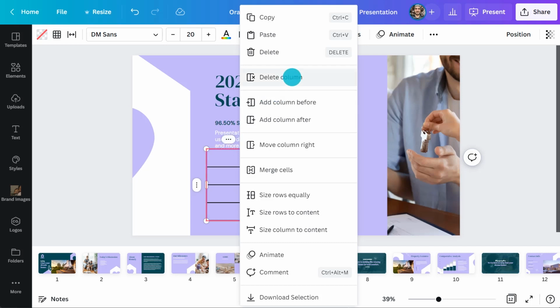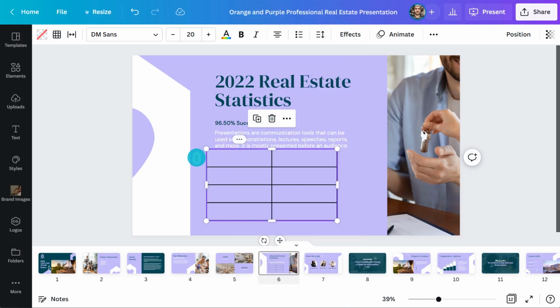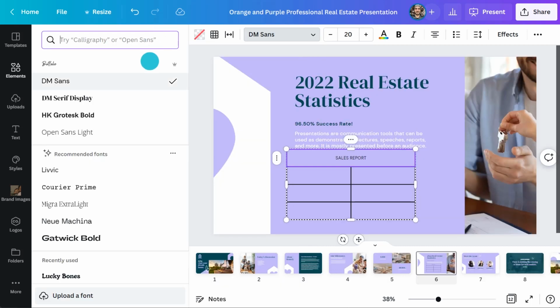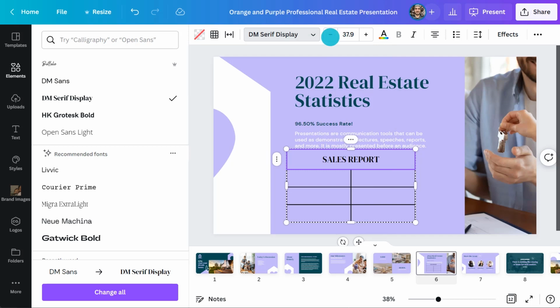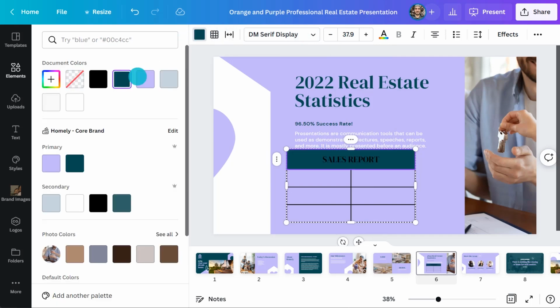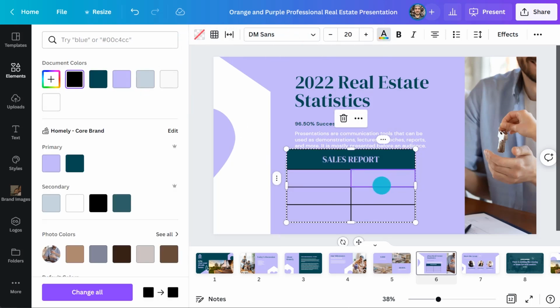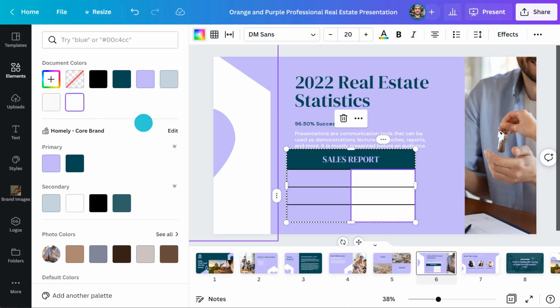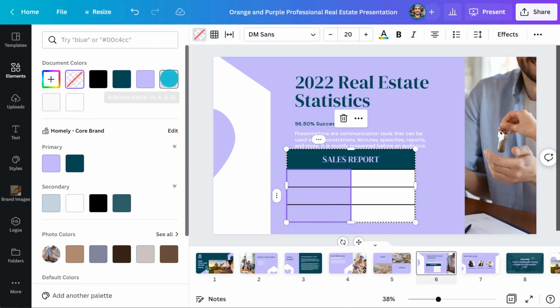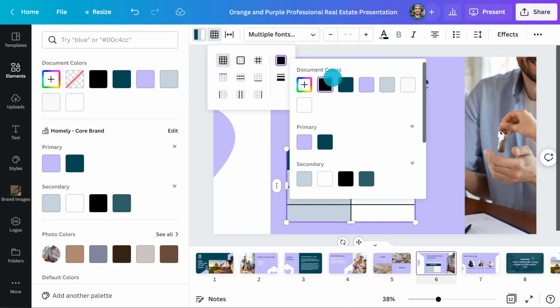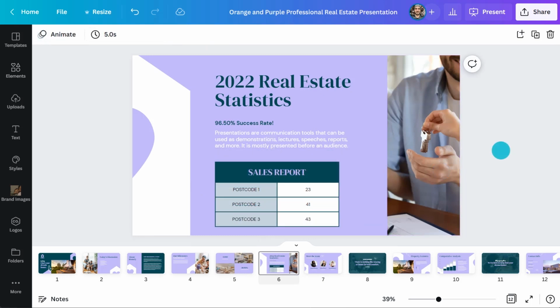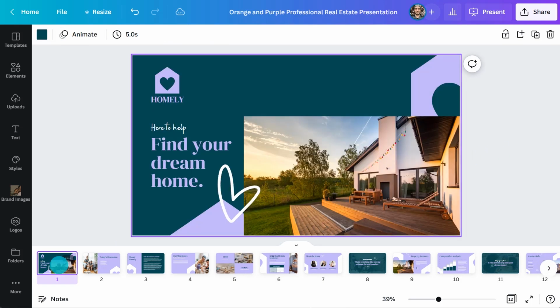I can change the number of columns, merge cells, insert colored backgrounds for cells, and change the table borders width and color. When team members use this template, they can easily add their own data and information to them.